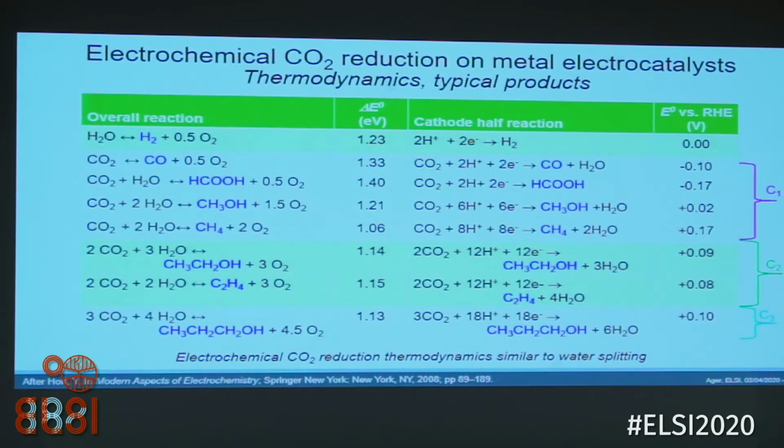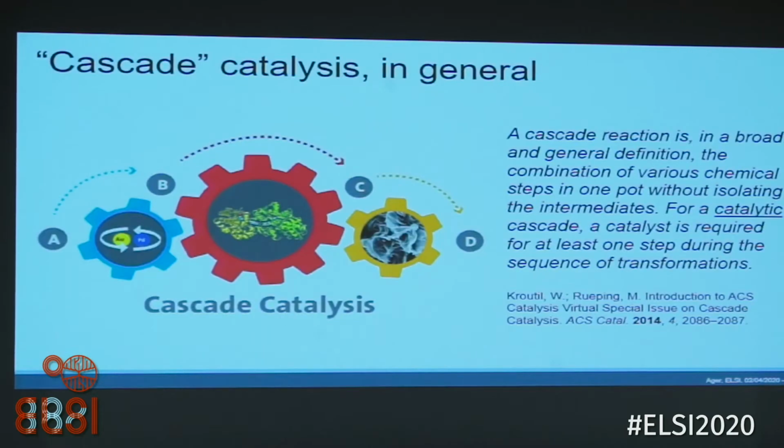Let's take propanol, for example. I just want to mention that we do that using a copper electrocatalyst. That's an 18-electron transfer involving 3 CO2s. That means there's 17 intermediate steps that lead to this product on the surface. That's the subject of another lecture, but it's actually quite a complex chemical network. That's not a cascade, though. That's all occurring on the surface of our one catalyst. So I want to just mention what the chemists call